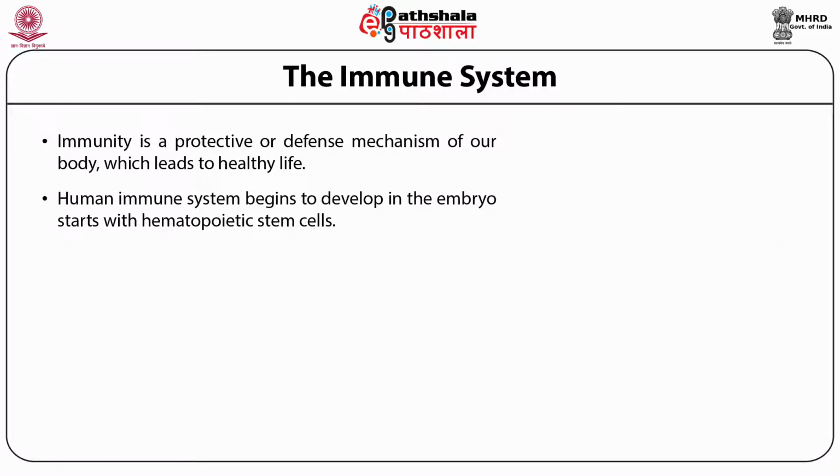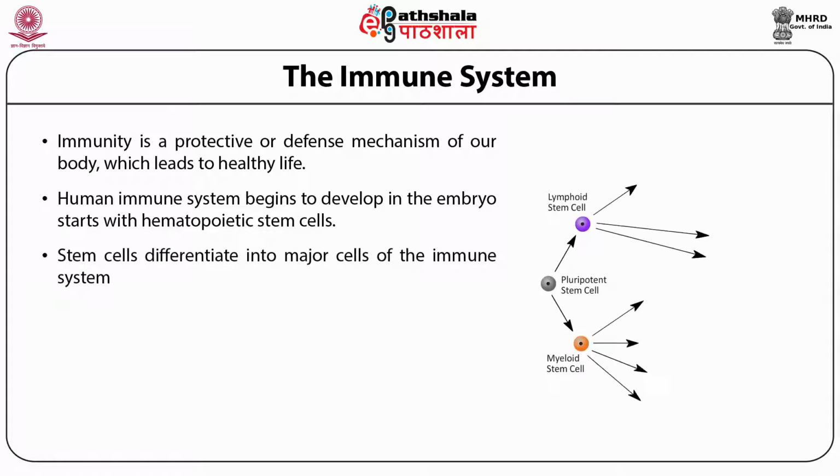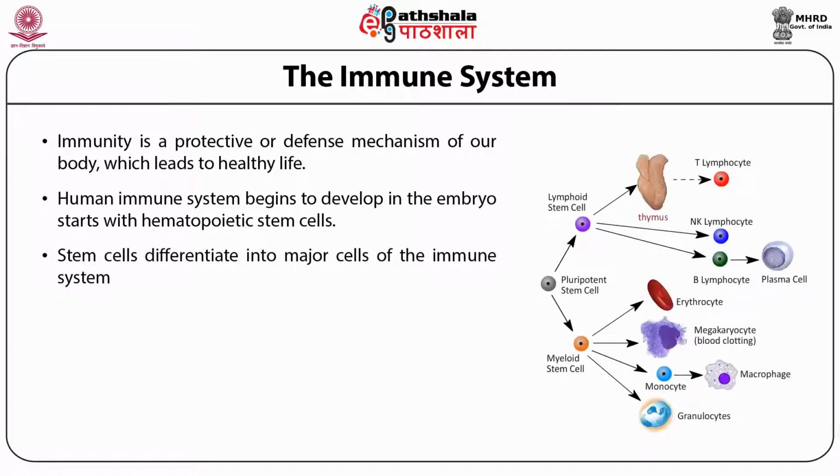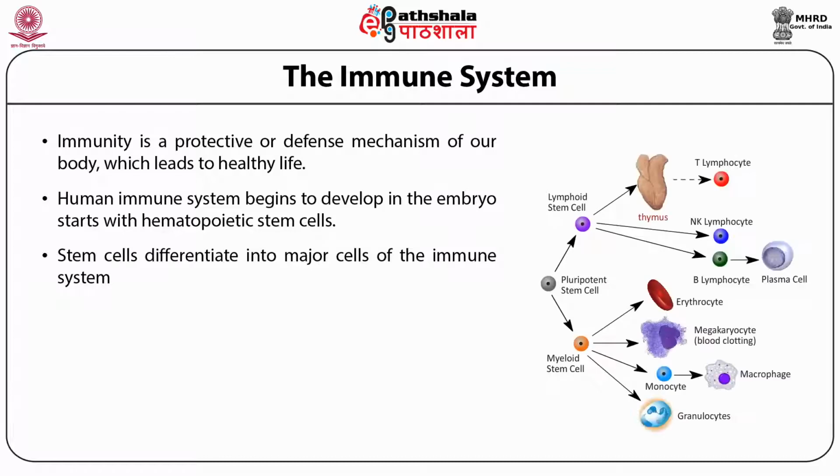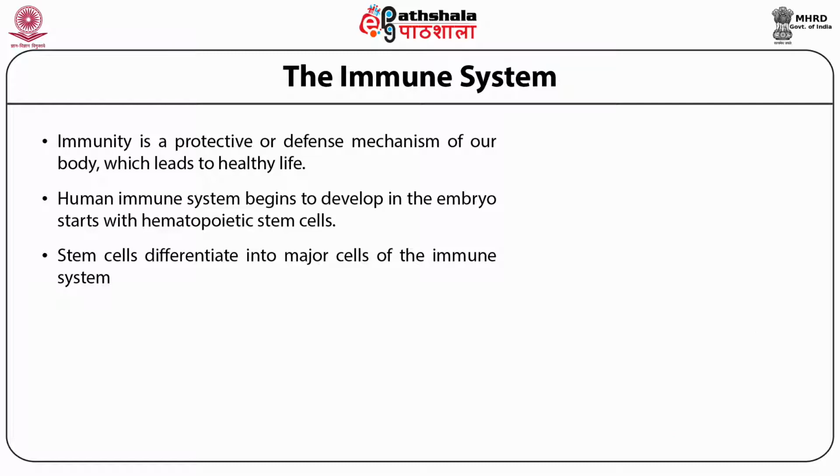So all the immune cells as well as some other cells of the body are all derived from the hematopoietic stem cells. These hematopoietic stem cells undergo differentiation in the bone marrow,